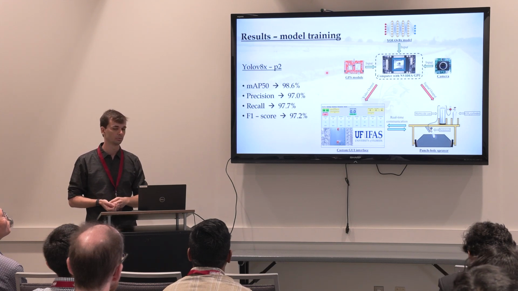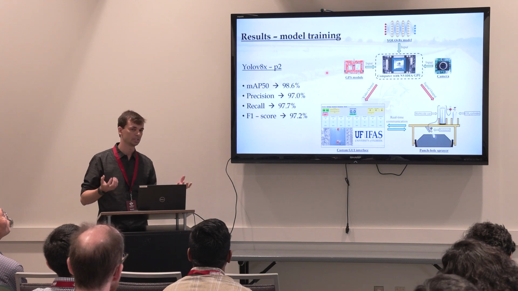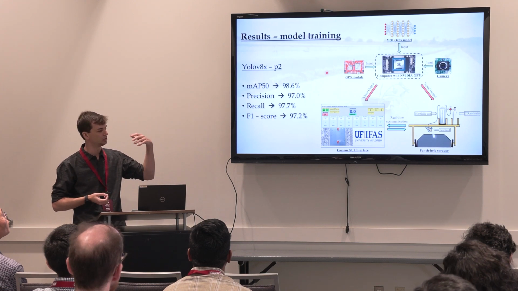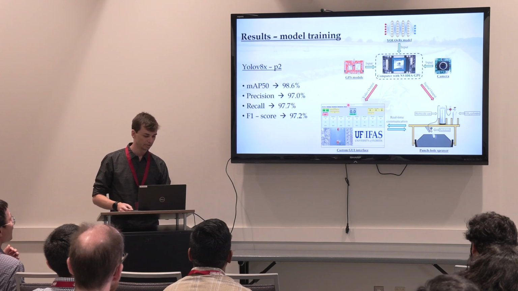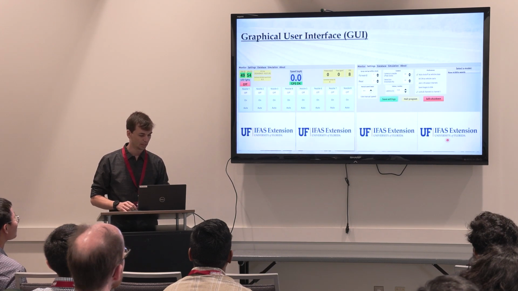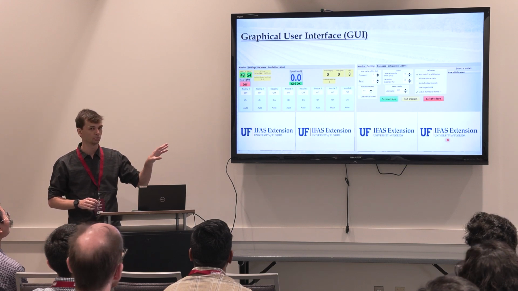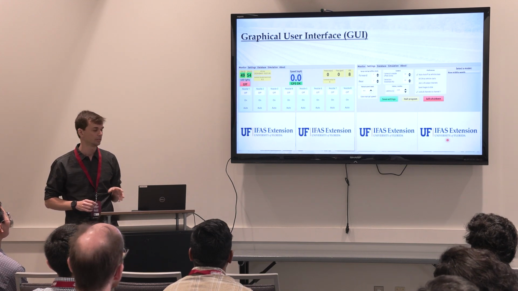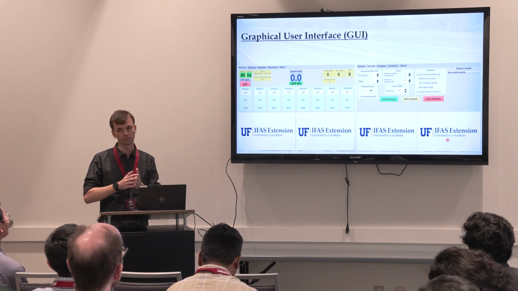So we deploy on the custom computer based on NVIDIA GPU. We have different sensors, cameras, and a GPS module to collect the data, and the graphical user interface we developed, and the hardware as well. In the graphical user interface, we have 2 cameras. We can control 8 nozzles independently. But for this research, we are using a single camera and a single nozzle because we have a single line